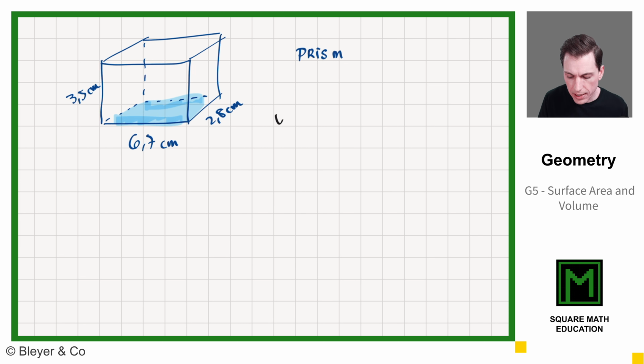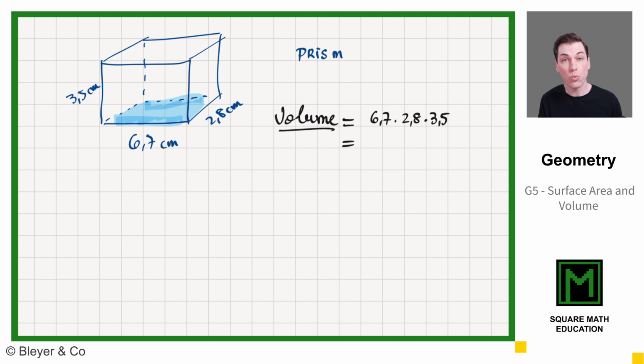We are going to start by calculating the volume. Remember that the volume can be found by multiplying all the different dimensions. So we're going to multiply 6.7 times 2.8 times 3.5. Remember, we are working with three-dimensional shapes, and volume really gives the space. How many cubic centimeters can we fit in there? By multiplying all these three measurements, we're going to get the value of